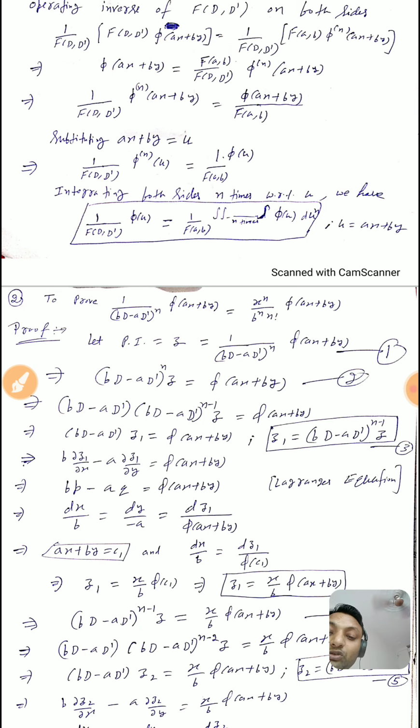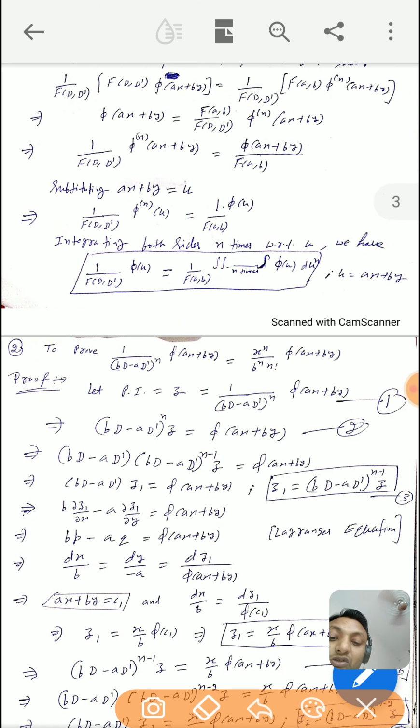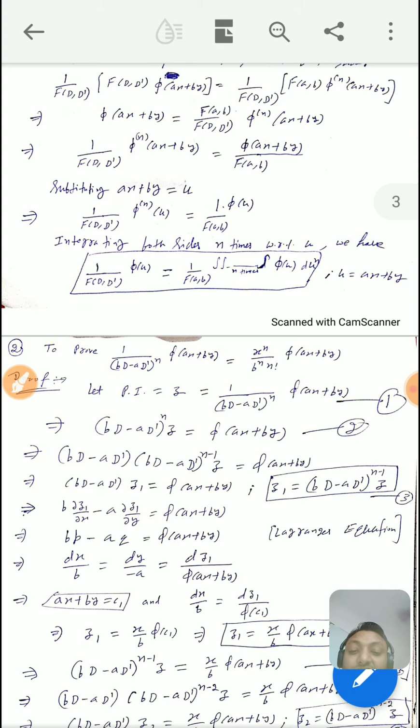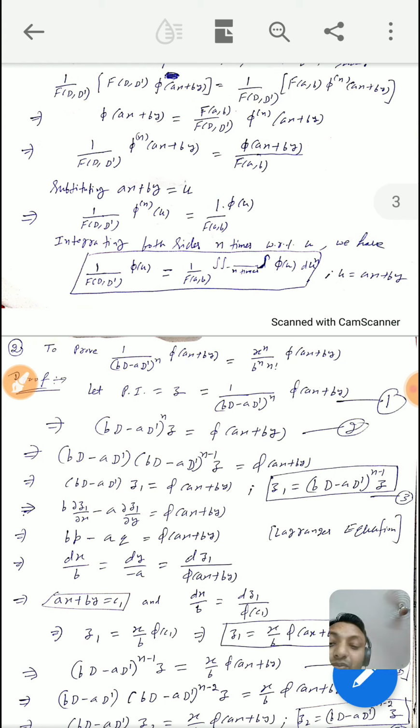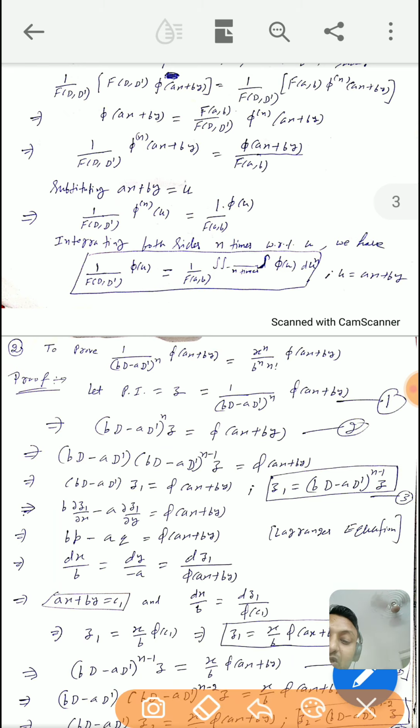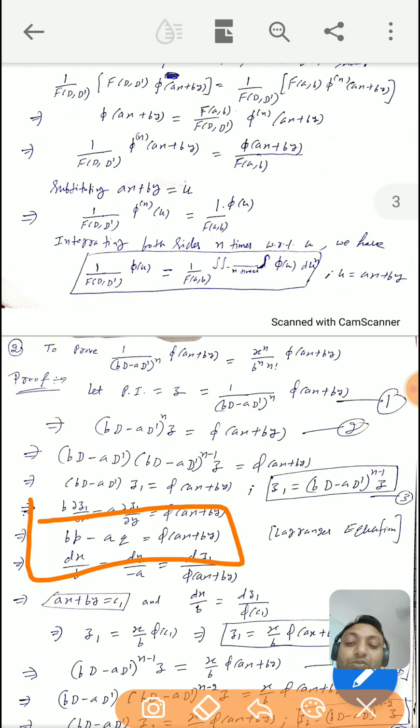Further, operating this operator bD minus aD dash on z1, we get b del z1 by del x, because D means del by del x and D dash means del by del y. So this is equal to b del z1 by del x minus a del z1 by del y is equal to phi of ax plus by. So del z1 by del x can be replaced by p, where p is equal to del z1 by del x and q is equal to del z1 by del y. Assume that this is equal to a function of ax plus by,